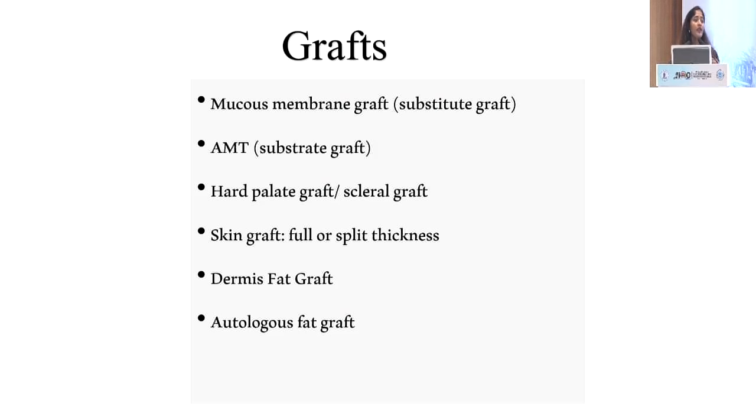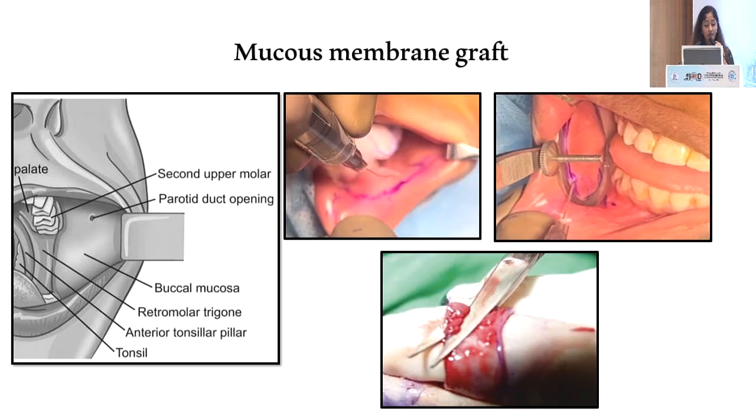And for the volume, dermis fat graft is very beautiful. It's a composite graft which can give you the surface as well as the volume. Yes, you have autologous free fat graft also, which gives you good volume. Along with that, it also enhances your periocular skin. You augment it with PRP and the results are beautiful there. And if nothing else works, yes, we go ahead with free flaps and microvascular free flaps.